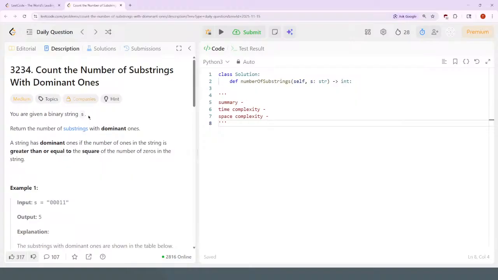You're given a binary string S, return the number of substrings with dominant ones. A string has dominant ones if the number of ones in the string is greater than or equal to the square of the number of zeros in the string. The string has dominant ones if the number of ones is greater than or equal to the square of the number of zeros. So if there's